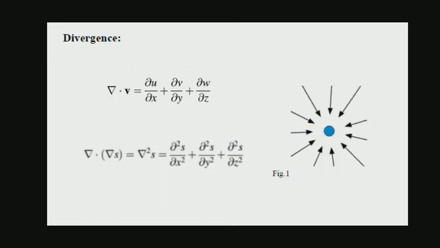Next, divergence. The dot product of the del operator with a vector v of components u, v and w in the x, y and z direction respectively results in the divergence of the vector, which is a scalar quantity written as del dot v is equal to